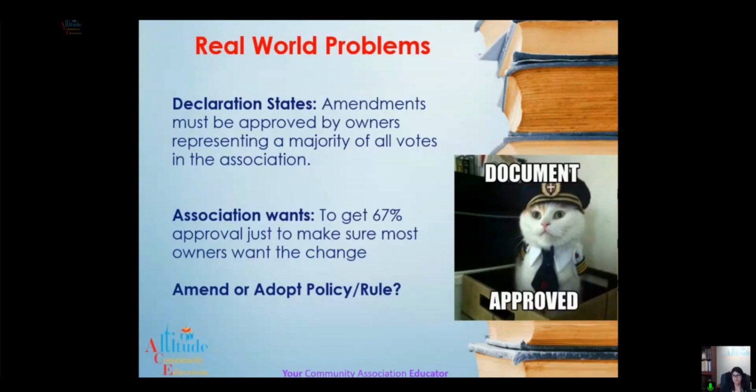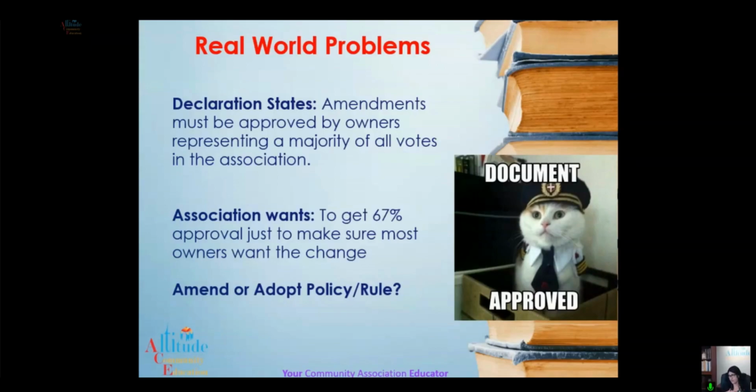Can they do it? No, they can't. You knew this was coming, right? They have to amend to change the approval requirement. But essentially, if you're proposing an amendment to your declaration and your declaration says you need a majority of all owners or all votes to approve this,